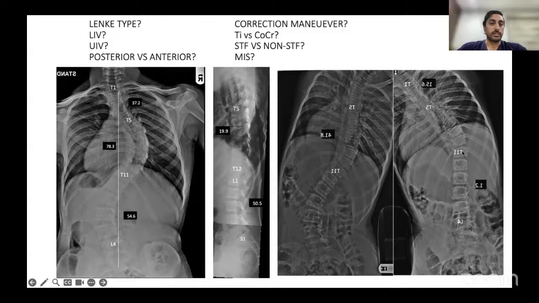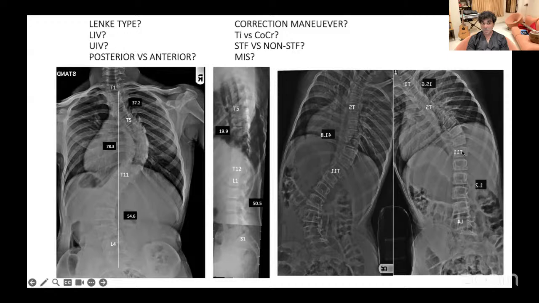I'm slightly bold, except that I'll have to talk to her about a loin crease. If she's not so much worried about the loin crease, I probably will go much higher, like L2, at the apex of the lumbar curve, literally, because I'm going to consider this as a flexible lumbar curve. L1 or L2 would be my LIV,